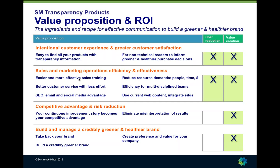Transparency products make it easier and more effective to train sales folks. It makes it easier for your customer service or any people responding to customers to get them information because it's all in one place anyway. You know where it is. These transparency products get you more SEO. You can be building email campaigns around them, gives you a social media advantage, place to send people. The cost to put them together in terms of people and time are significantly reduced to create ultimately a better product. Because our process is well structured,